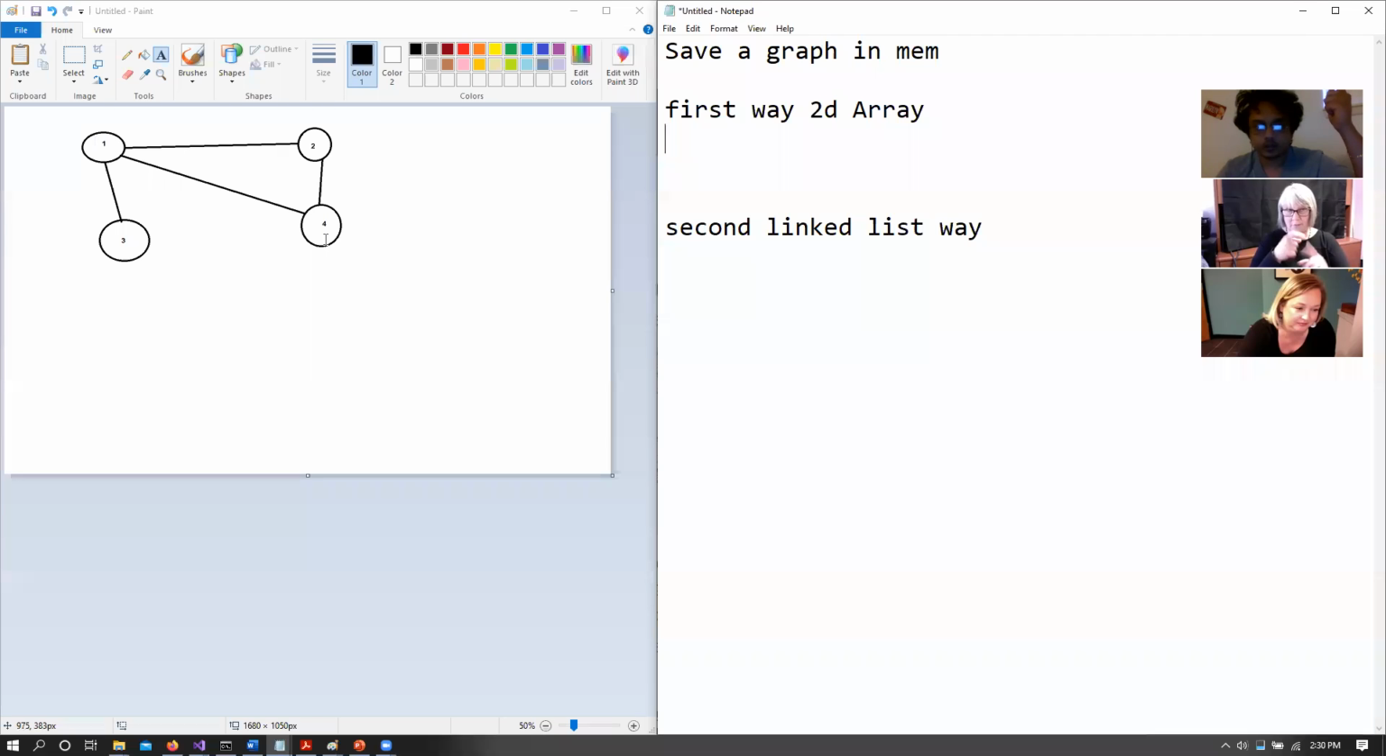From 1, I can then connect to 4 because there is a connection from 1 to 4. So the path that I traverse would be 3, 1, and 4. So